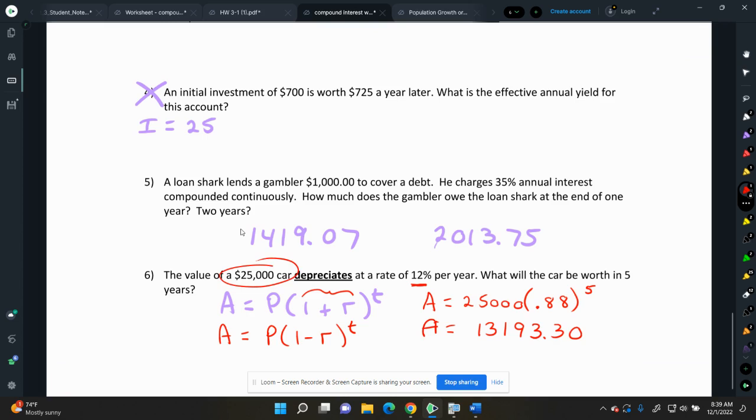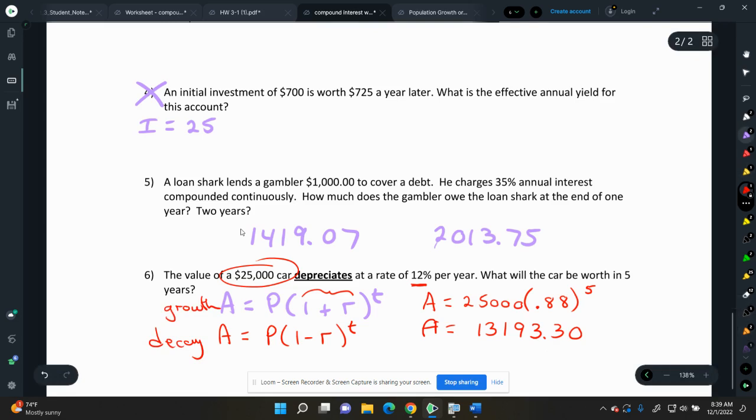That's how much my $25,000 car is worth at the end of the 5 years, if it is depreciating at 12% per year. How did you get the 0.88 again? 1 minus 0.12. Okay, because this is my decay function here, and this is my growth right here. Okay,